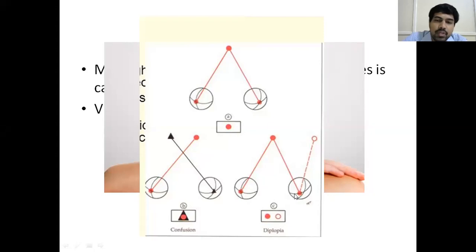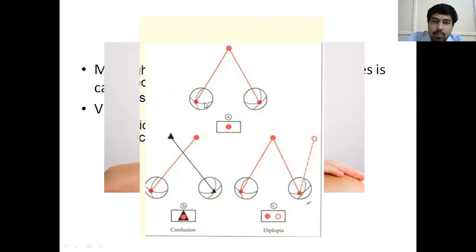Now, yesterday I told you about Donder's law or Listing's law. I told you about Listing's law, that each particular point has x, y, and z coordinates in space. Suppose this point of intersection of both these lines, this fovea centralis, has an x-axis, y-axis, and z-axis value in space. So that will correspond to this part. So if the image is falling on the fovea of both the eyes, the image will be seen as if it is present in this part of the visual field. But in case of squint, what happens is this image is falling somewhere here. Now the exact spatial localization point, that is the x-axis, y-axis, and z-axis value, as per Listing's law, of this particular point of the retina is somewhere else, somewhere here. That's why you get double vision. You start seeing two images.